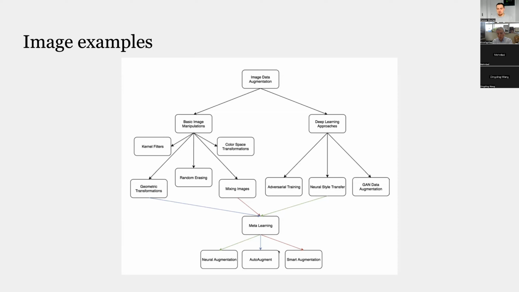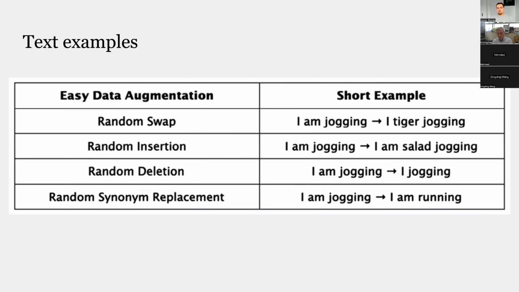Then there is meta learning, which are the controllers over how you sample augmentations and how you integrate that into training. Following this coverage of image examples, I was really curious about text and natural language processing. I became super interested in that, especially once the transformers and language modeling started to take over. I really wanted to understand how this would apply there as well.